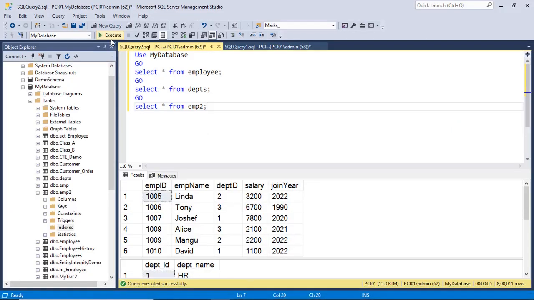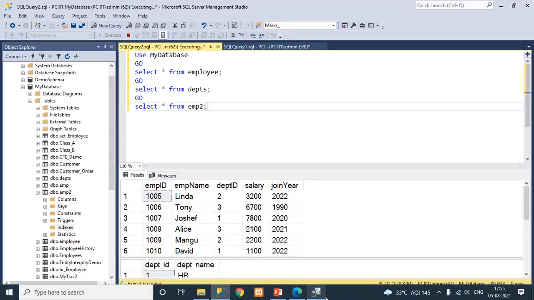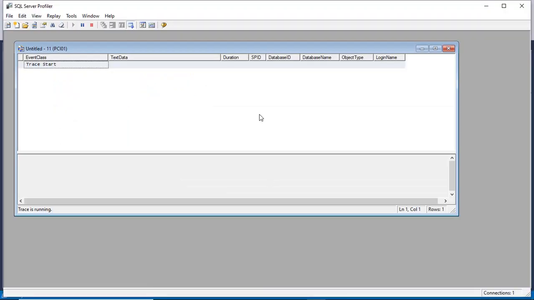Now execute again. You can see now we have only the query which is taking more than 2000 because of the filter. So this is how you can apply another filter for the duration.